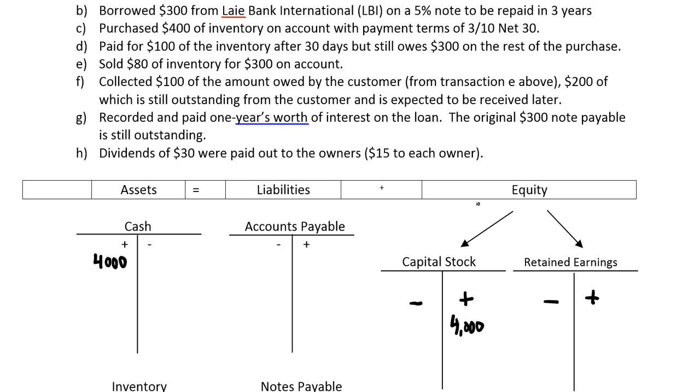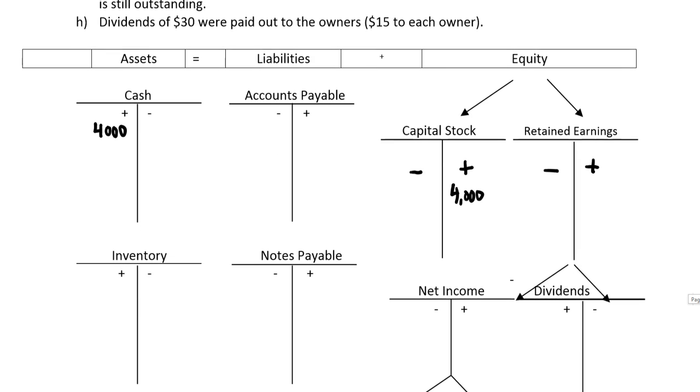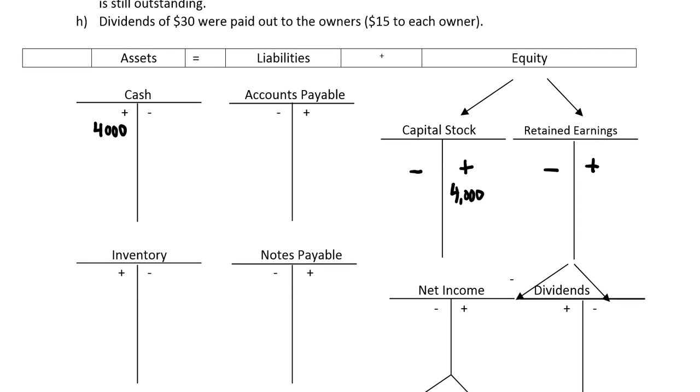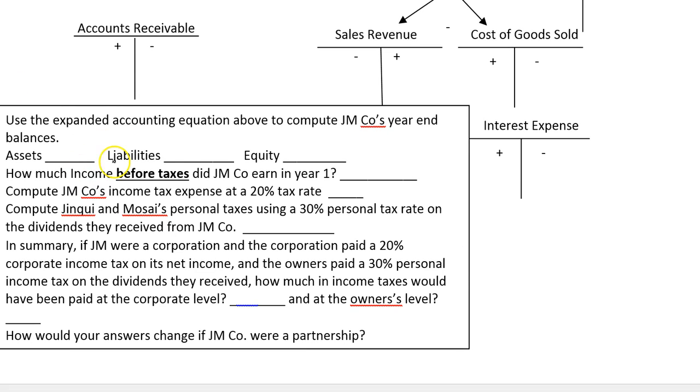All right, so this is very similar to Module 2, and I hope by working through this you're getting a feel for this tool which we use to then later prepare the financial statements. These T accounts are effectively ledger accounts which help us know how much of each item we have, and we then can determine our total assets, liabilities, and equity. We can determine how much income before taxes they have, which would be our revenues minus our expenses. We could determine how much income tax expense should be computed on this net income. We could then say, hey, if they received dividends and they're taxed on those dividends at 30%, how much tax